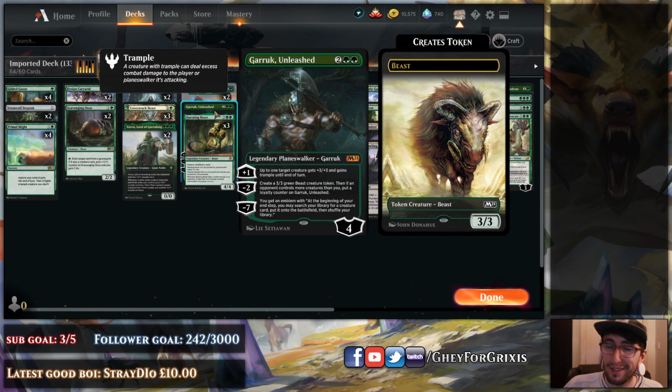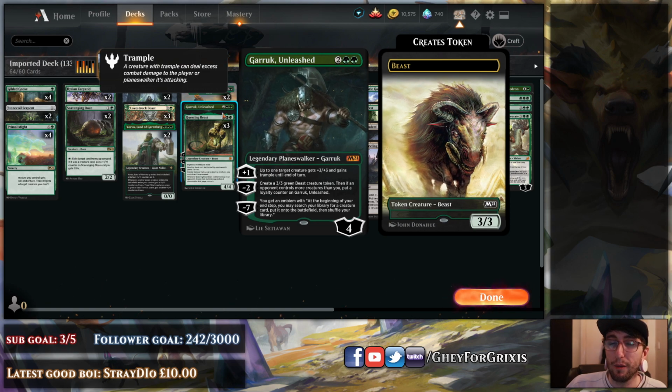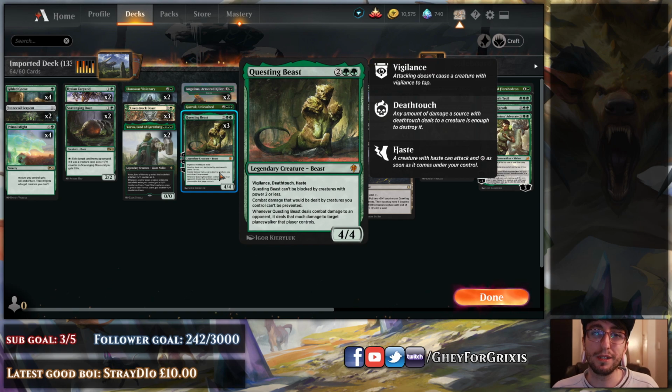Garruk is just a kind of one-off tech. I suppose if there was any cut to make for Gemrazer, it would be Garruk. But again, when it can just straight up become a win condition with Vorinclex, it's kind of hard to not include the Garruk. Then we've got Questing Beast, which is just...